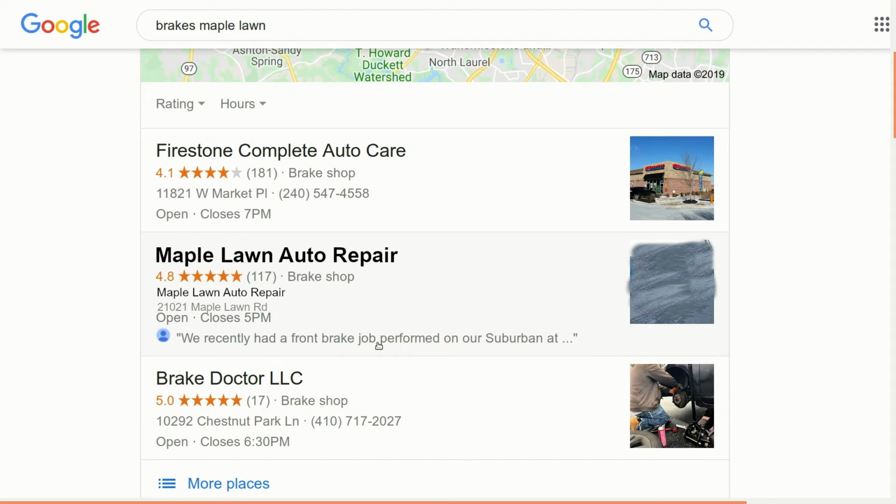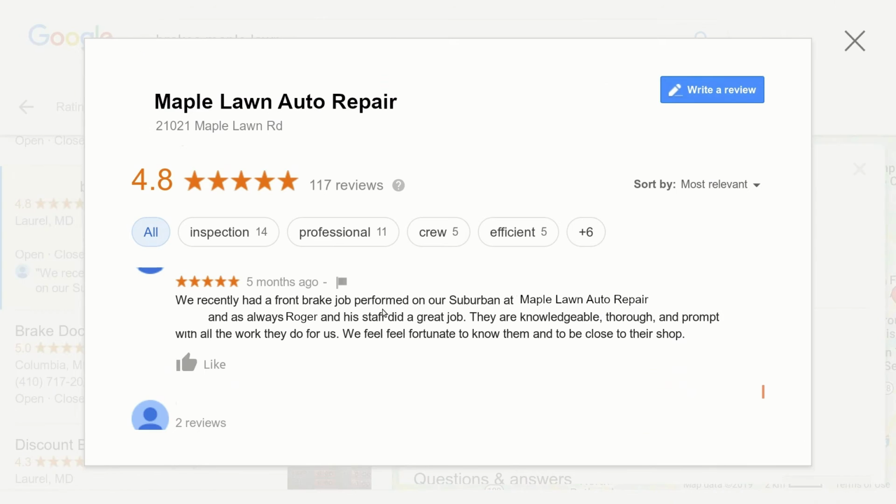In this case, I'll help you out, and what's being shown is it's inside of a review that was written. I'll show you how that looks. So here is the actual review that's associated with this. Had the front brake job performed on...